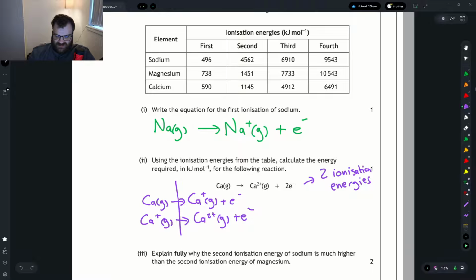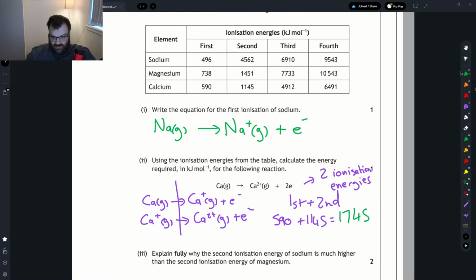That means we're going to need to do the first plus second, make sure we're taking calcium, 590, 1145, pop them together, 1745